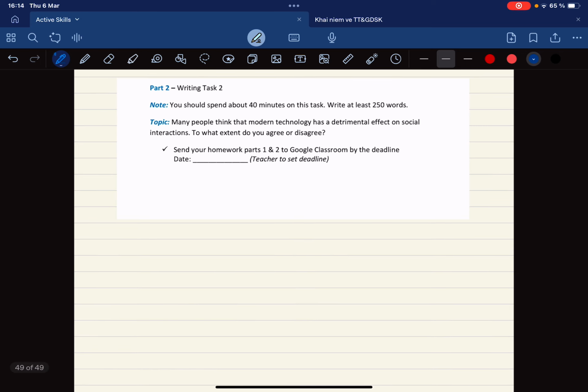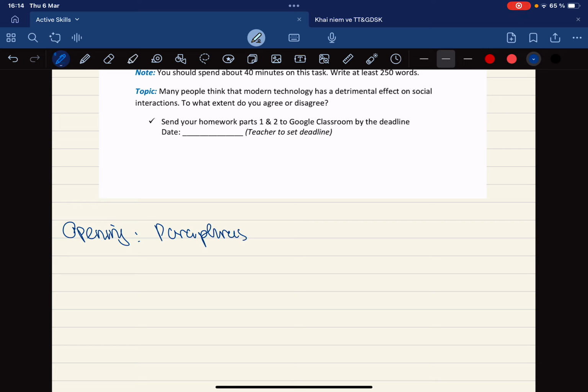Of course you will paraphrase the topic sentence, or you can change all of these sentences into your own, but you have to make sure that the opening of your essay will have a clear point, and you will show the examiner what you will convey in your essay.